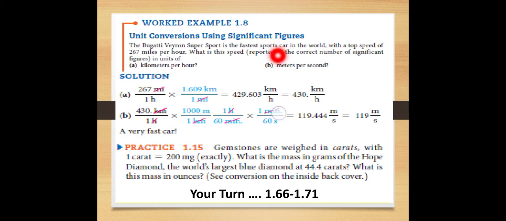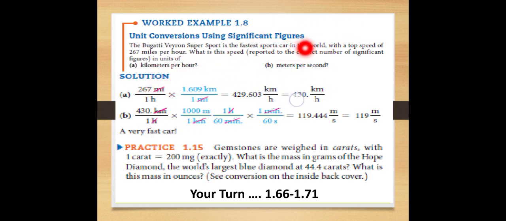429.603 kilometer per hour. And again we have to look at the significant figures for calculating the answer in the appropriate significant figure. In multiplication or division we have to look at the least significant figure, and there are three significant figures, that is the least. Our answer must be in three significant figures. This 9 rounds off, and we get 430.